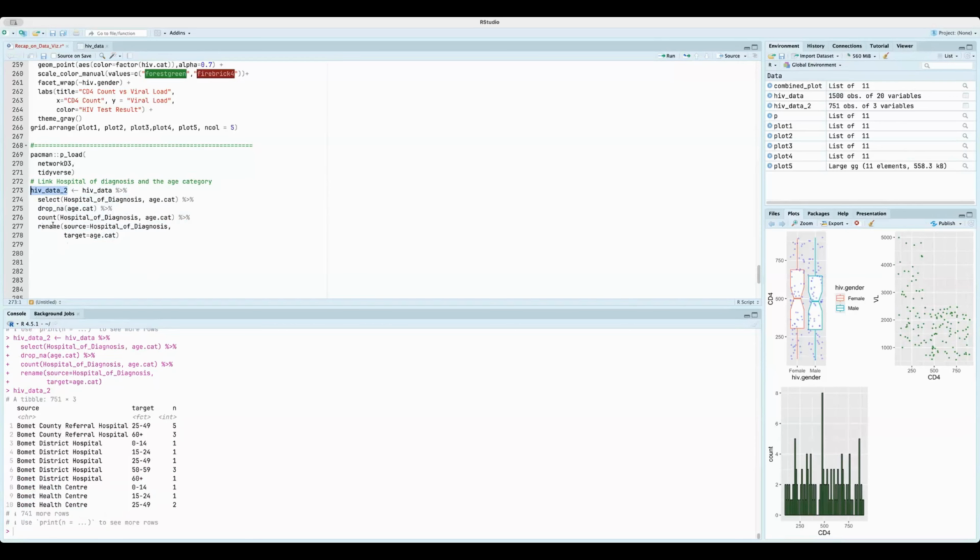So we have renamed the hospital of diagnosis to be the source, and the age category to be the target, and then N will just remain. And those are the important ingredients that we need at the moment. So now,